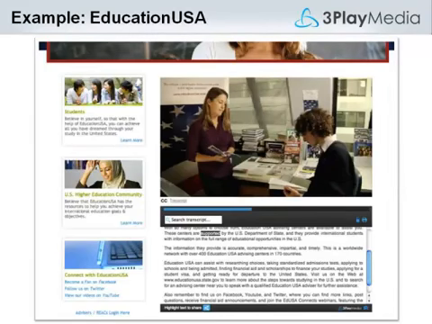This one is from Education USA. One unique piece about this implementation is that they recently added translation to the transcript. So if you go to the website, www.educationusa.info, you'll see a drop-down to switch between different languages within the interactive transcript. And each language is actually synchronized as well and is its own interactive transcript within the same widget.